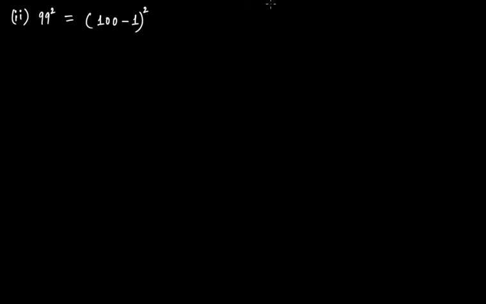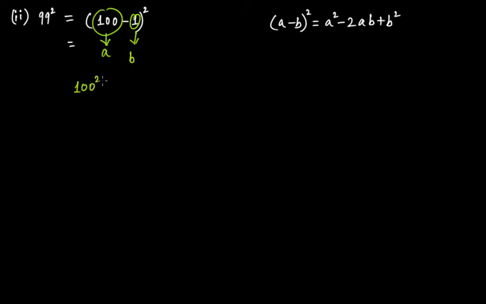Now in this case, this should remind you of the standard identity number 2 that says (a minus b) whole squared is equal to a squared minus 2ab plus b squared. So in this one, you can take this as a and this as b. So a squared means 100 squared minus 2ab means 2 times 100 multiplied by 1 plus b squared means 1